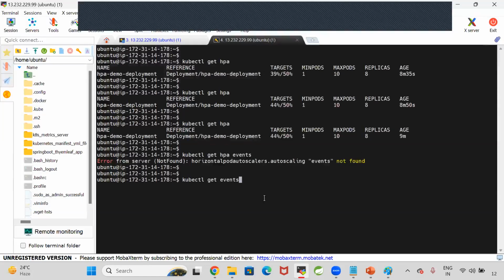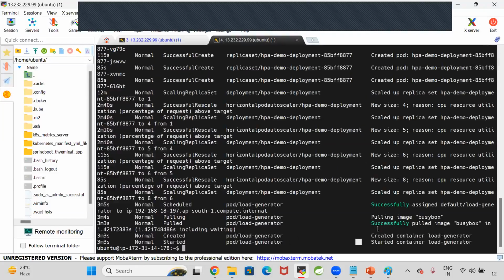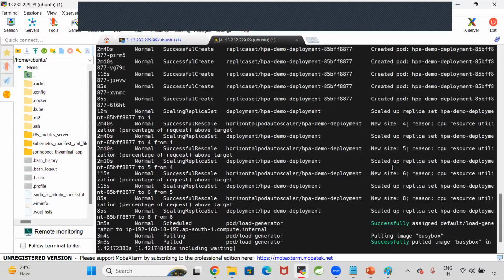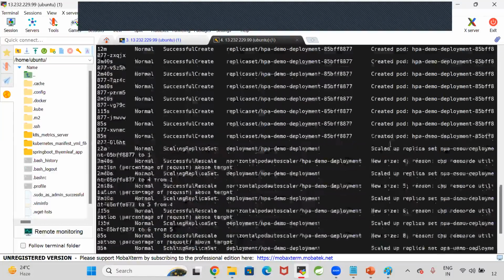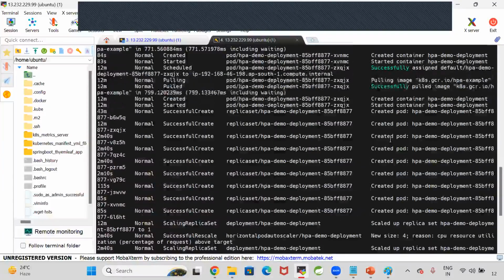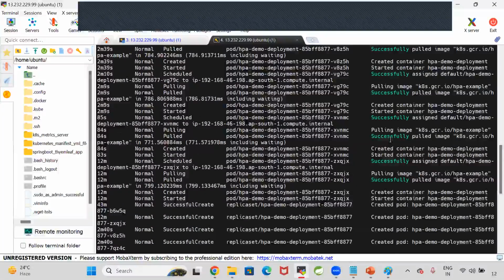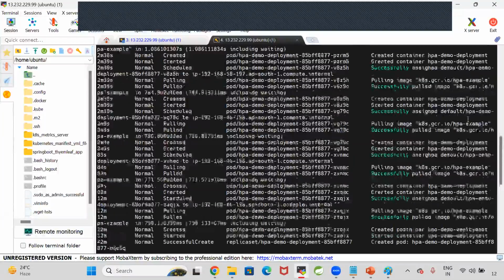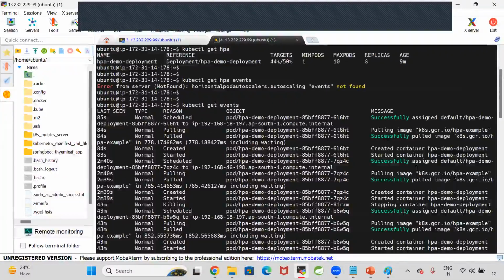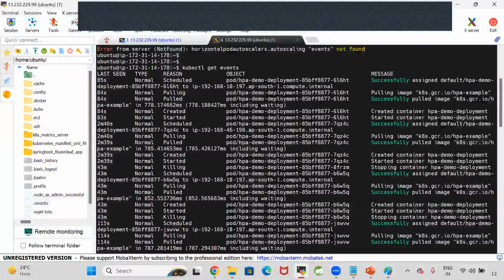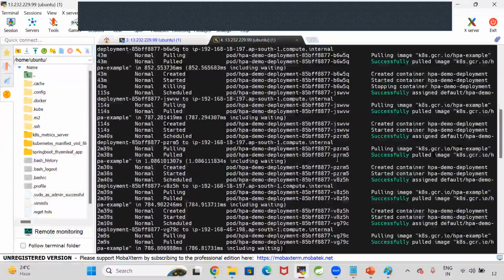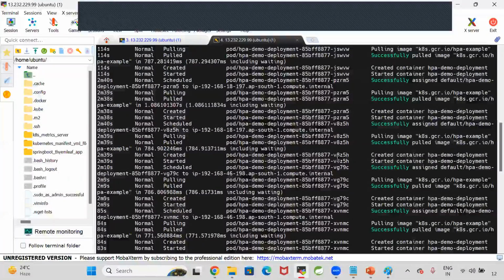Now you can see the events available. Load generator is available, pulling the busybox image, scaled up the replica set, new size, CPU resource utilization, scaled up, new size 4, created the pod. What happened internally, we can see that. Successfully assigned the default HPA demo, pulling the image, creating the container. So here, when the load is increasing,